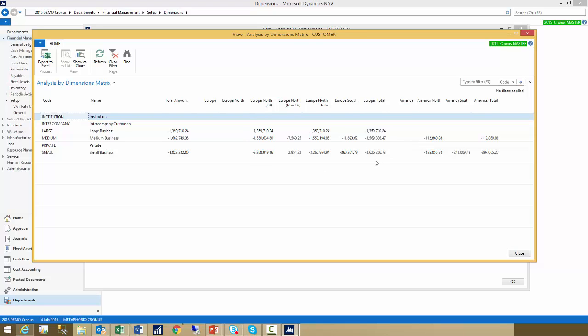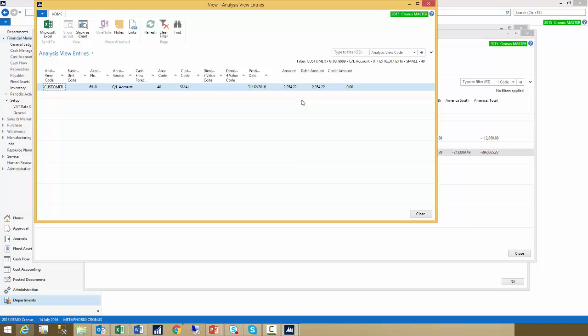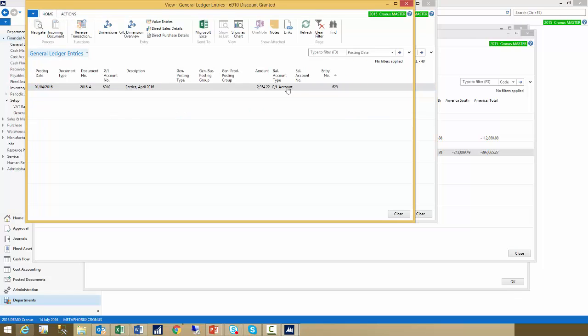Once I have done this, I might want to have a look and see what has actually made up any of the various values within my matrix. So I'm going to have a look at Europe North EU, and against the small. So I've got an entry there of 2954. So coming to here, I'm seeing what the entry is, and to see the individual items, I just navigate again, or drill down again, sorry,